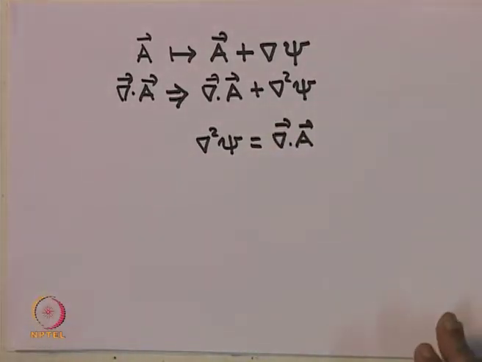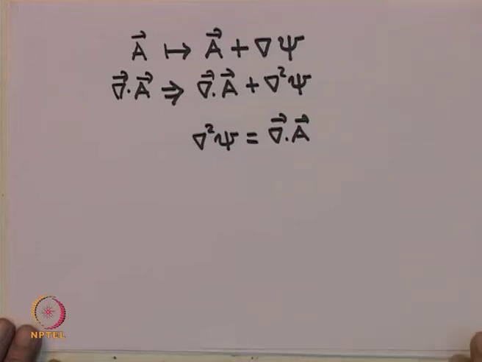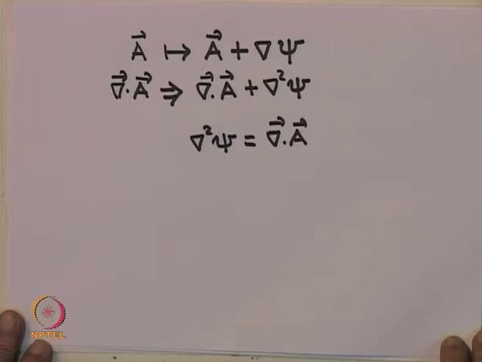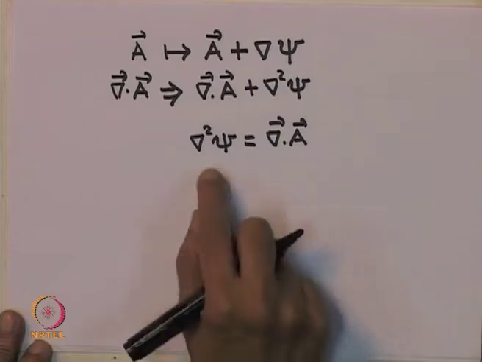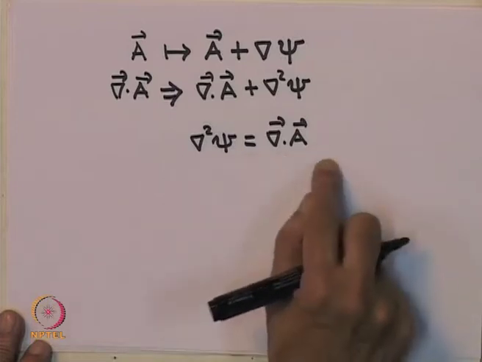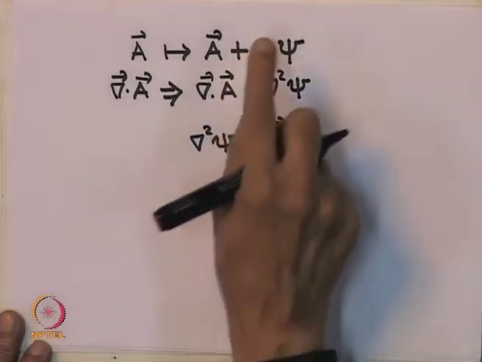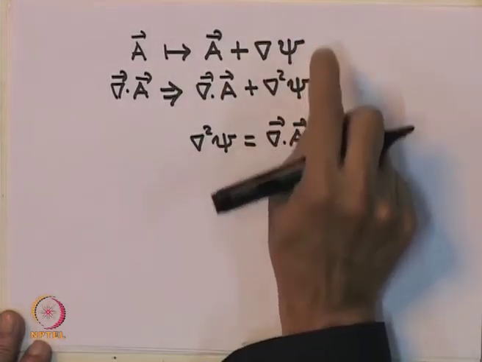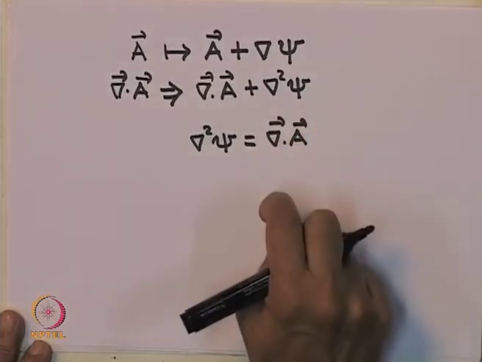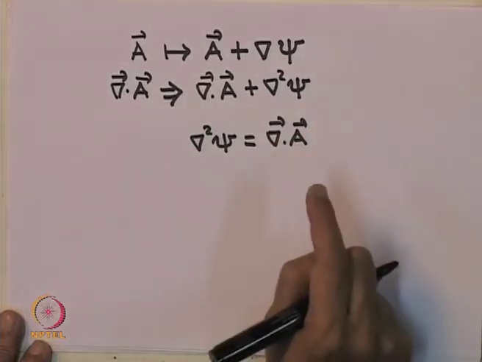So, what does it mean? It tells me that I start with an A whose del dot is not equal to 0. Then I seek a psi such that del square of psi is del dot of A, which we have said is not equal to 0. Now, if you solve this equation, incidentally, a solution can always be found, because it is nothing but Poisson's equation. Then plug this into the first equation. So, that gives me now a new A for which the del dot of A is equal to 0. In other words, this type of gauge choice is always possible.